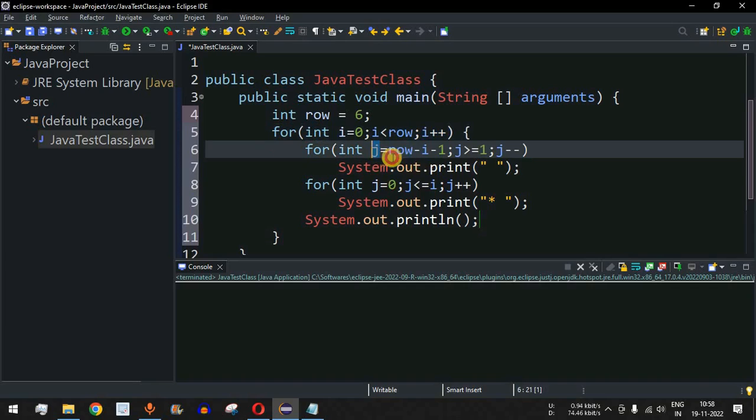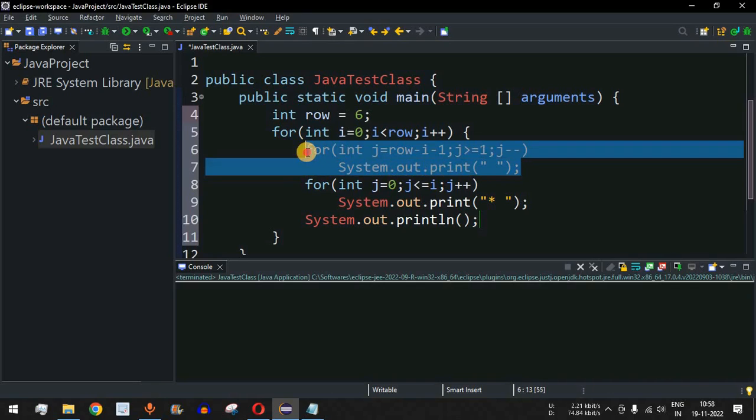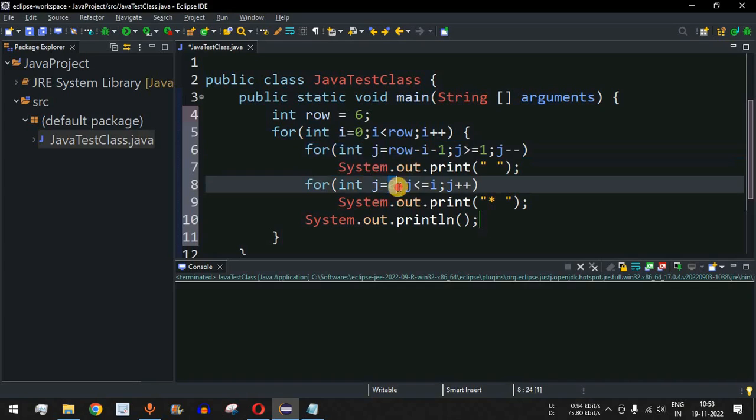So what will the j value be now? Row is 6, 6 minus i, which is 1 right now. So 6 minus 1 will be 5, 5 minus 1 will be 4. So 4 space characters will be printed over here, and then j is equal to 0, it goes